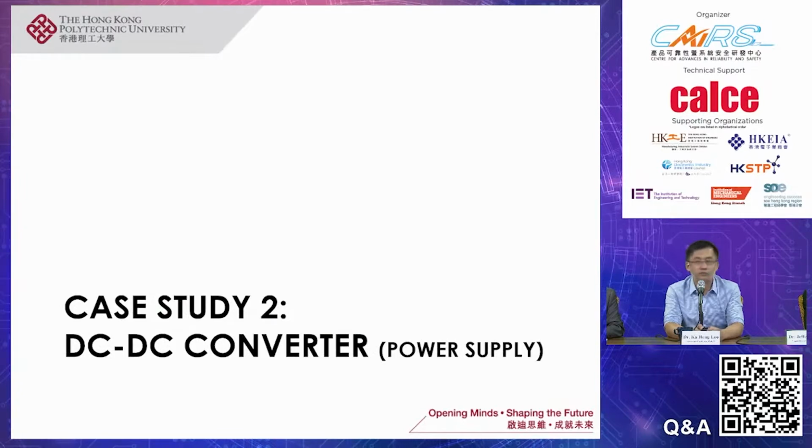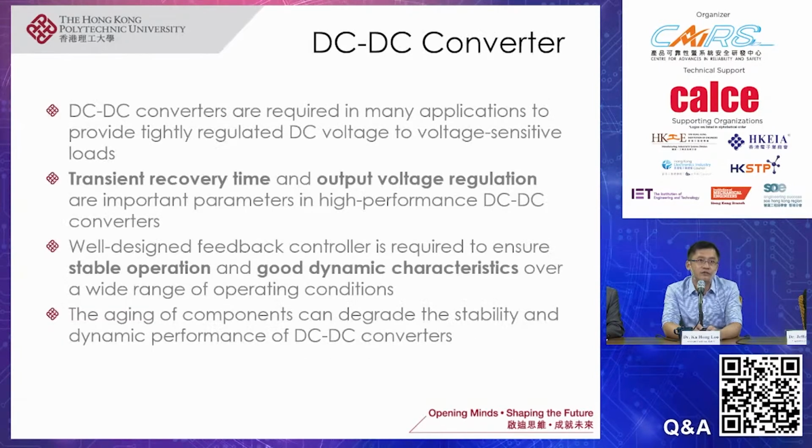Okay, and I would also like to talk about a second example here, if time permits. This is another example where we have used the precursor methods to extend the remaining useful life. In this case, we are focusing on the DC-DC converter. I think most of you know that DC-DC converters are used in many applications. If we just look at, for example, our laptop or computers, then DC-DC converters are used to power our CPU, power our hard disk, power our RAM, power our display. So basically, DC-DC converters are everywhere.